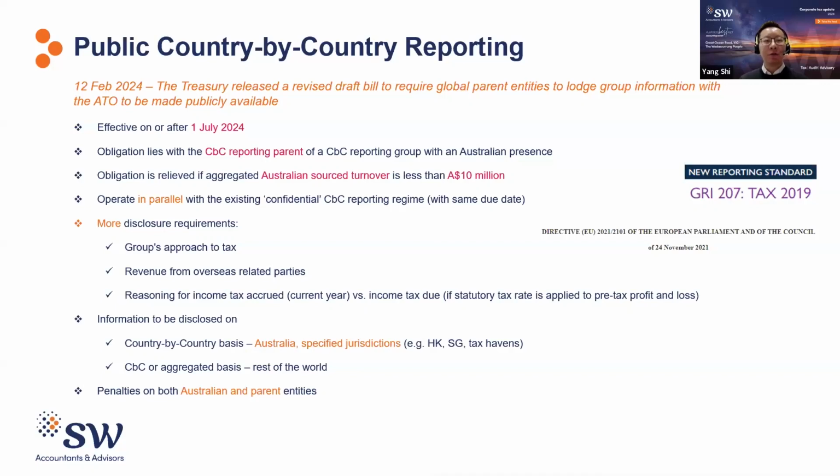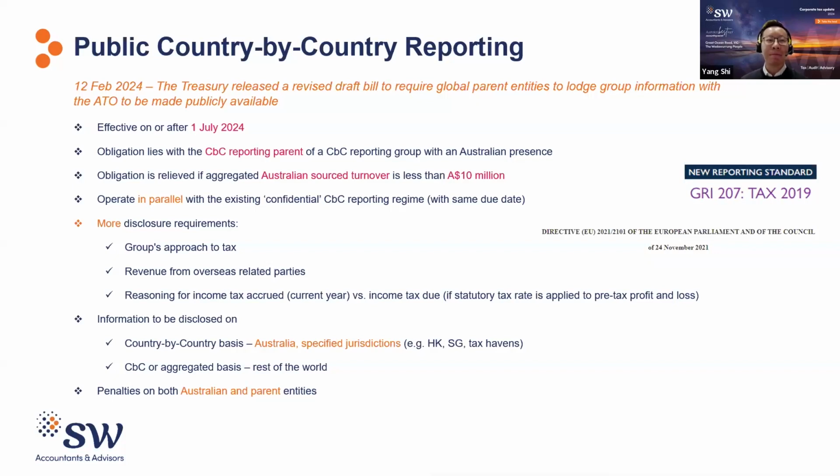Last month, the Treasury released a revised draft bill to require the global parent entities to publicly report the global tax information with the ATO. This follows the original draft bill coming out from the 22-23 budget as a key measure to enhance multinationals' tax integrity and transparency. But if your global parent aggregated Australian source income is less than 10 mil, this requirement does